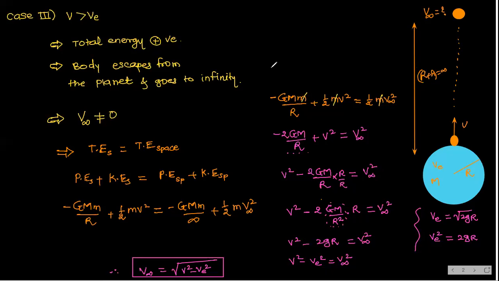Sir, we should take velocity at surface? Yes, look here, the velocity of this object at the surface is v, so we have taken v here also in the kinetic energy at the surface, and in space we have taken infinity. Yes or no? Good. This is the velocity when the body is projected from the surface only. So here you can see this v is at the surface, and here at height, infinity. Any other doubt? No, sir. Good.